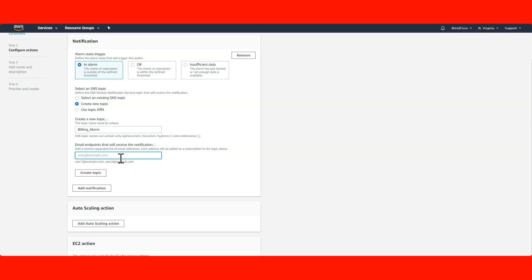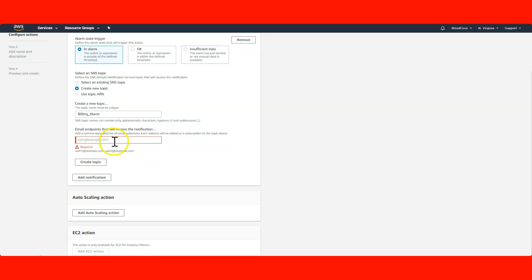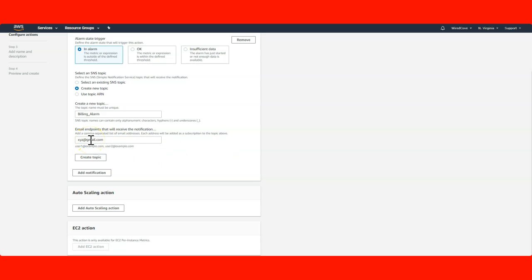Then here you need to enter your personal email ID. Give me a moment, guys, I'm just stopping my video and entering my email ID here. Once you enter your email ID, you just hit the Create topic button, and it will create a topic for you. Let me show you how. Let's say I enter xyg at gmail.com. It's not going to validate your email ID. You can enter any email ID and then just hit Create topic. It's going to create it.